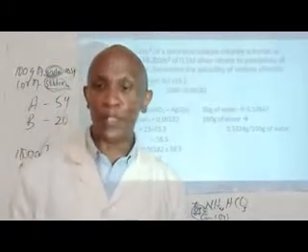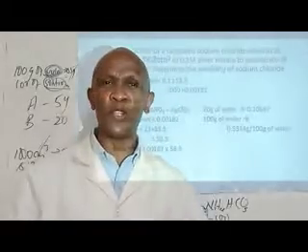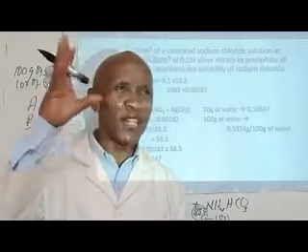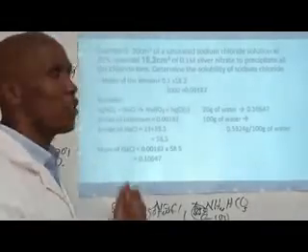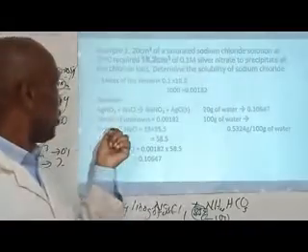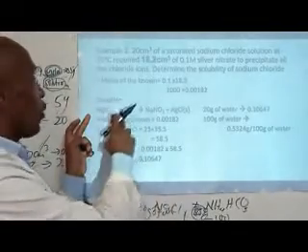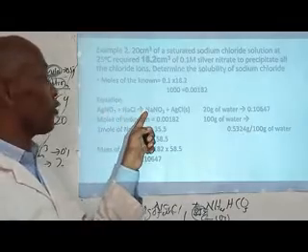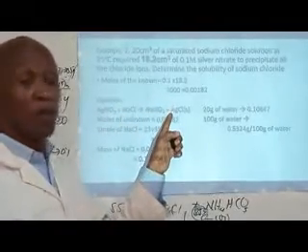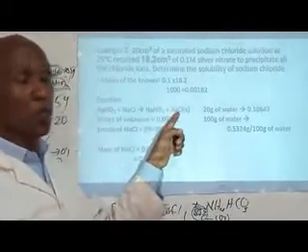Now step number 2. Using the equation, get the moles of the unknown. And it is always going to be like that. Always. If you get a different one, come to me. So how do you get the moles of the unknown? Looking at that equation, the ratio is 1 to 1 to 1 to 1. So 1 mole of silver nitrate reacts with 1 mole of sodium chloride to form 1 mole of sodium nitrate and 1 mole of silver chloride. So if you have 1 mole of that, you get 1 mole of that. If you have 2 moles of that, you get 2 moles of that. Now you have